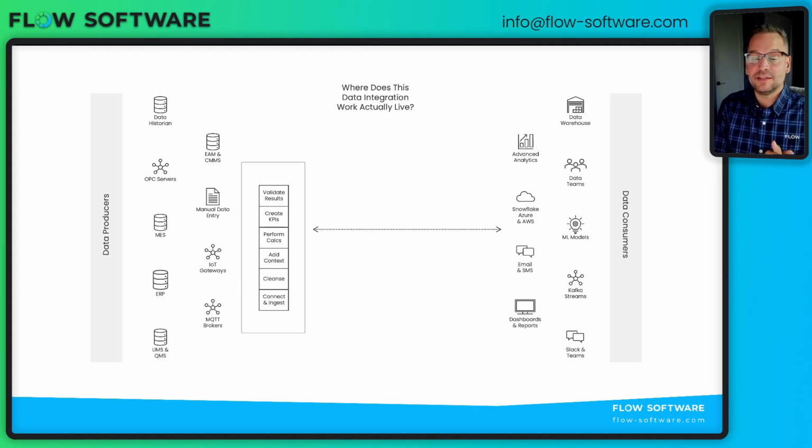A lot of the complexity is the fact that we don't have the same systems at each site, and each of these systems has really been optimized for the type of data that it uses and handles. So I can't build great integration pieces inside of a time series historian if I need to bring in a lot of transactional data that is stored in SQL tables, for instance. And if I did it inside of the historian, what happens when I go to the next site and I don't have the same version or the same vendor for that historian? All of that work is not going to transfer.